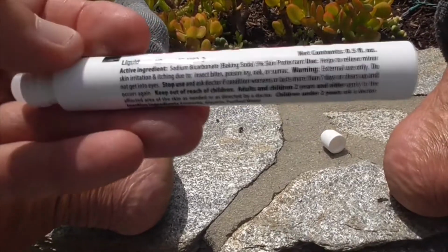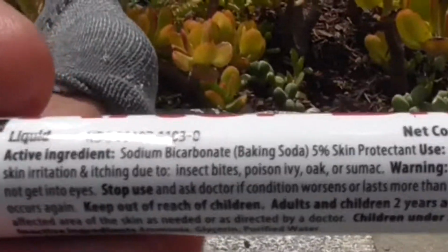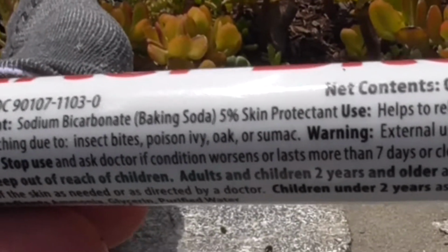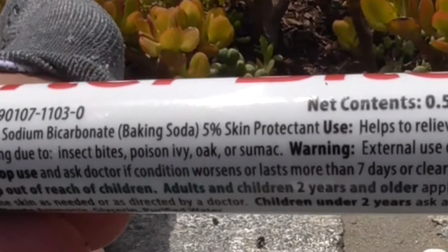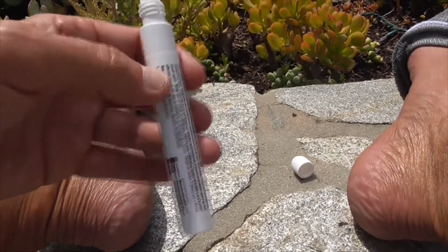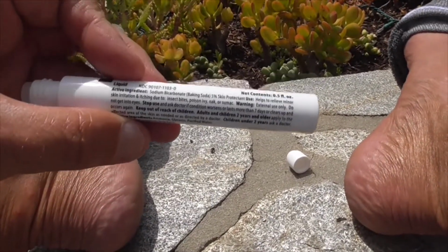So I look at the ingredients right here, not sure you can see that very well. It says sodium bicarbonate, baking soda, 5%. So this tube costs about $7, and it's just baking soda. So